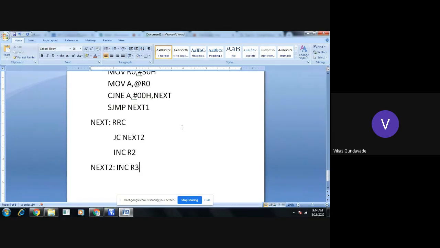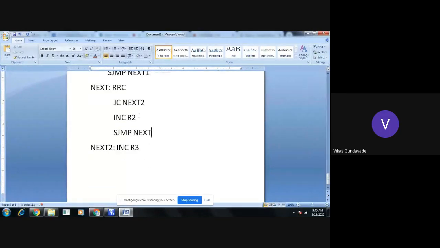So if the carry is not generated, the controller will execute INC R2, and after that it will again execute INC R3. In that case, we need to skip this process if the carry is not generated. So here also we need to give an unconditional jump, SJMP, to the next location.